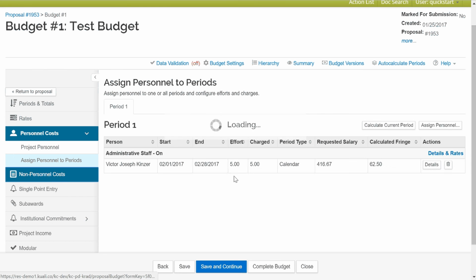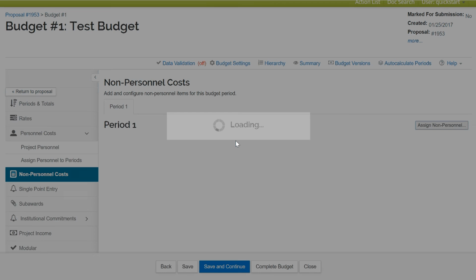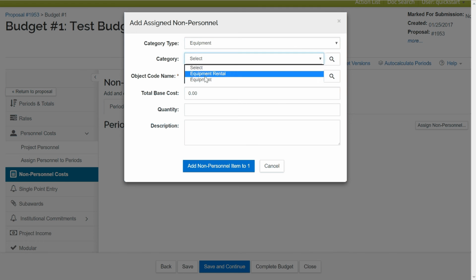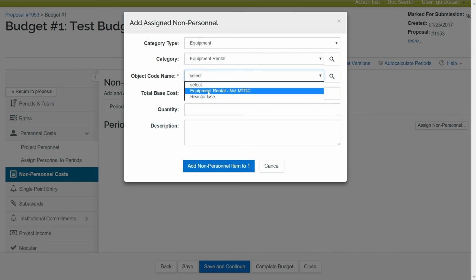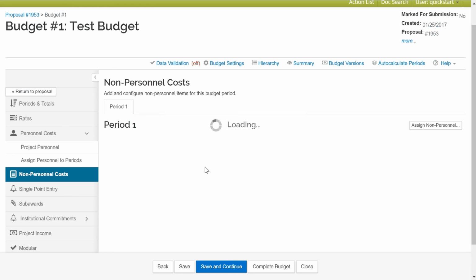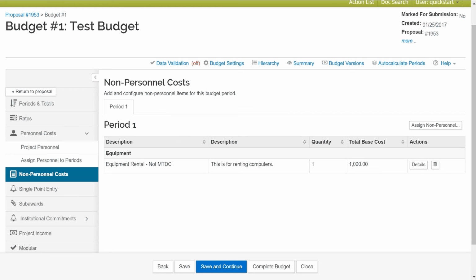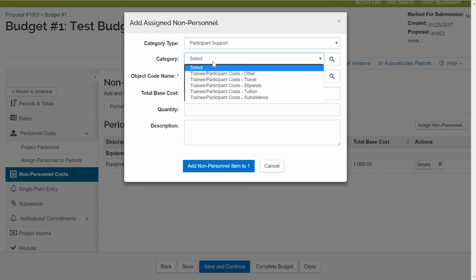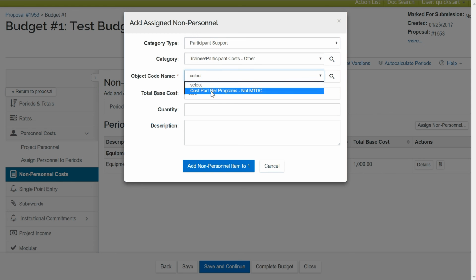Then we're going to go ahead and go to non-personnel costs. And I'm going to add a couple non-personnel costs. Let's add a piece of equipment. Say it's an equipment rental. Cost $1,000. Okay. And now let's add some participant support. Trainee. We'll say this is $500